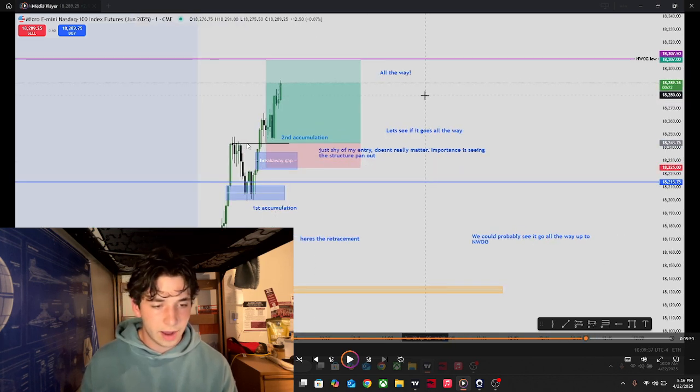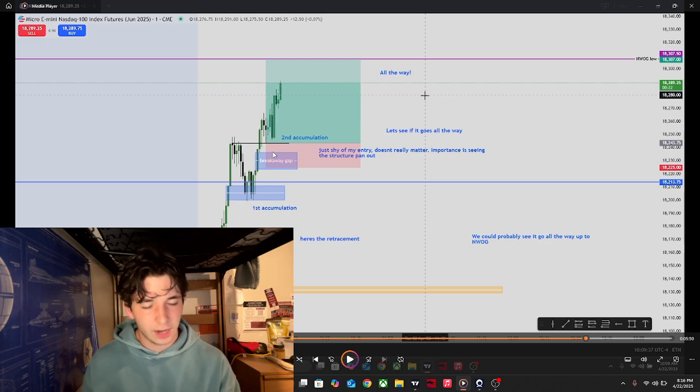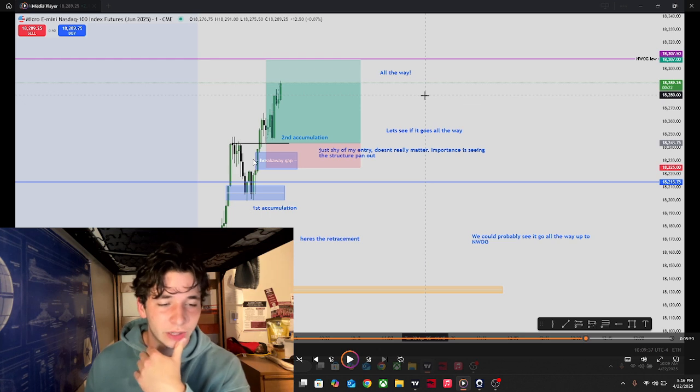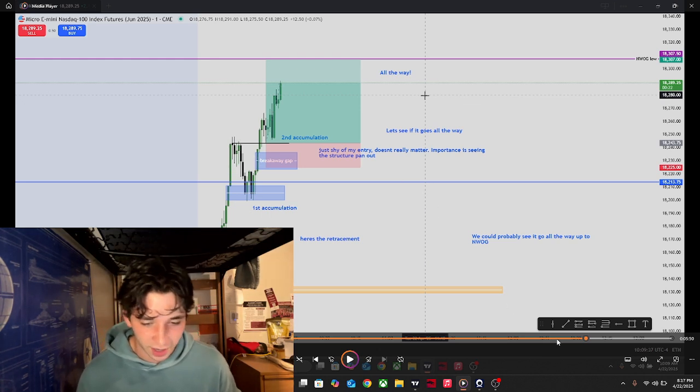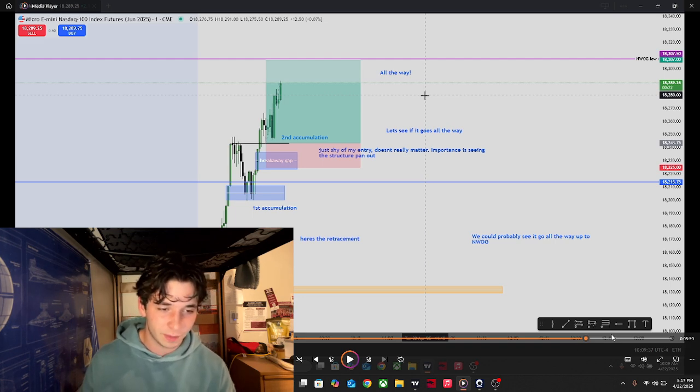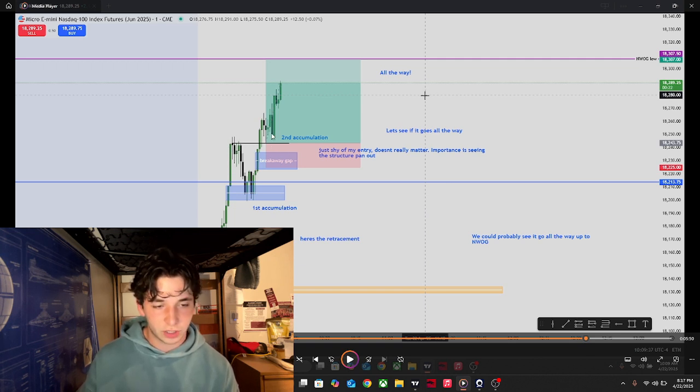So here I annotated this order block right here, which I think is a rejection block. Don't quote me on this. I don't have the exact order block name in my mind right now, but this is a nice spot where price came back down, and so I just simulated a trade right there if I entered from here, and it just runs up